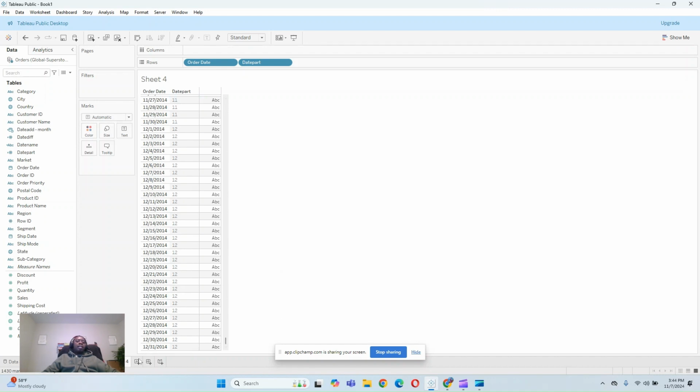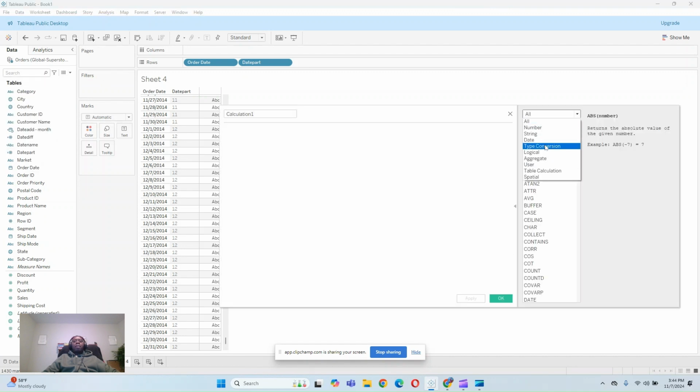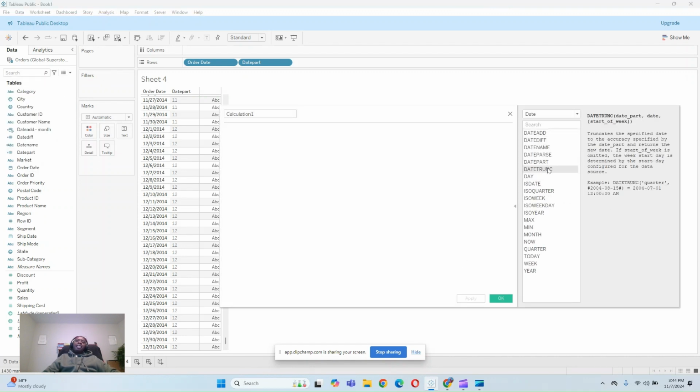Next calc that I want to show, let's see, date trunc. It truncates the specified date to an accuracy specified by the date part. So it kind of rounds off a date. If you want to truncate it to the nearest quarter that you want, you can truncate to a quarter, to a year, to a month, whatever you want. So let's go to